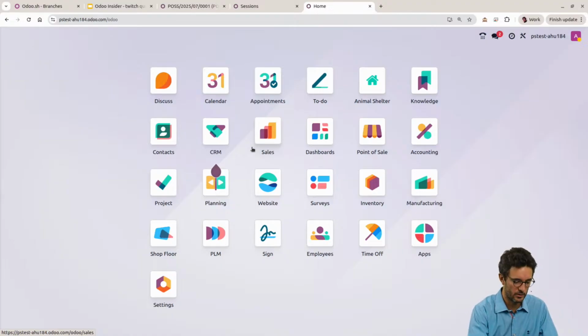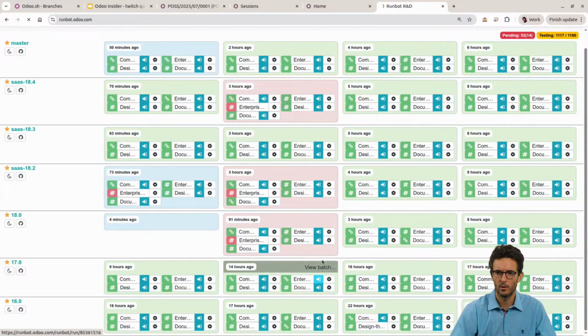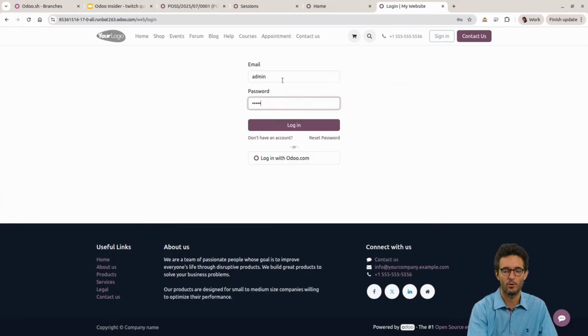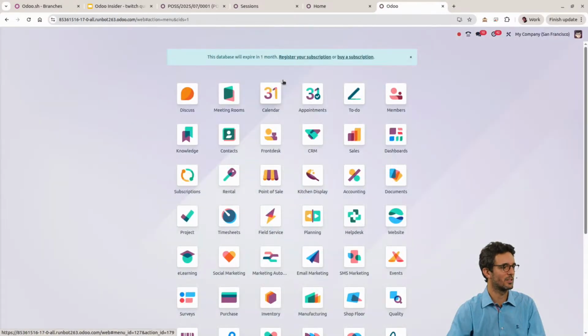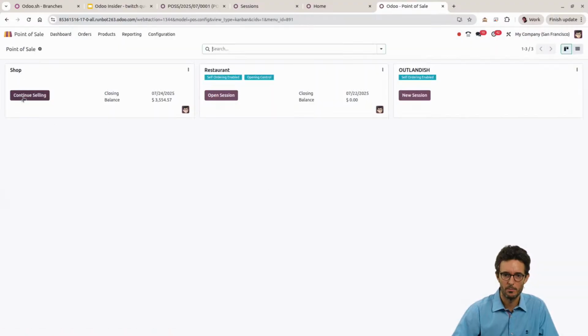if we test this on a runbot environment, I suppose you're right, because usually your comments are, so I don't even know why I'm checking. I should trust you, but it's also to illustrate what you're saying. And what we have here is point of sale, continue selling, open session. We have one on the shop,